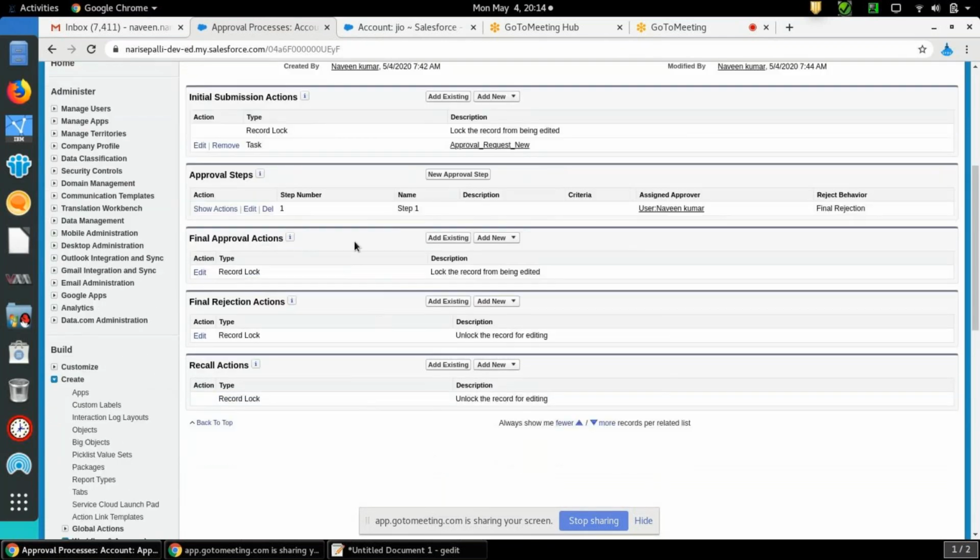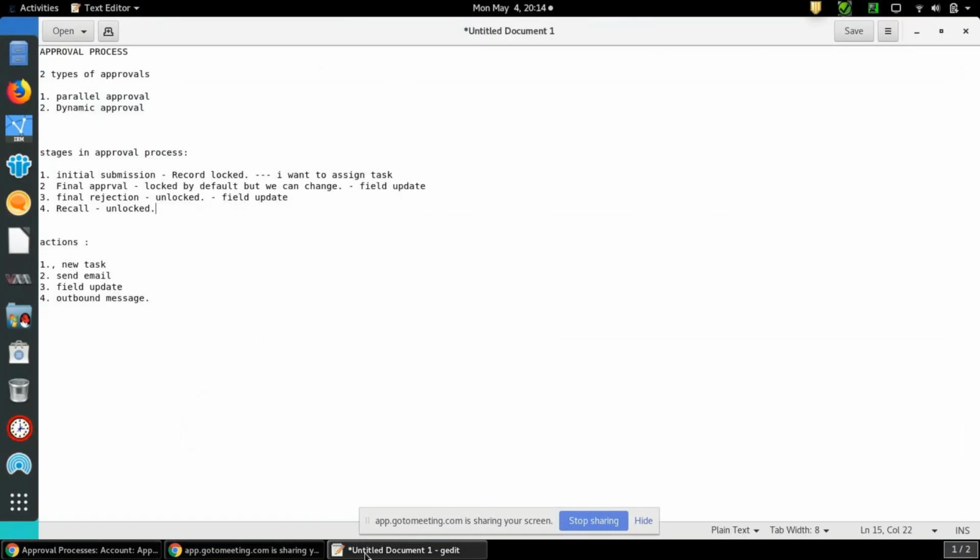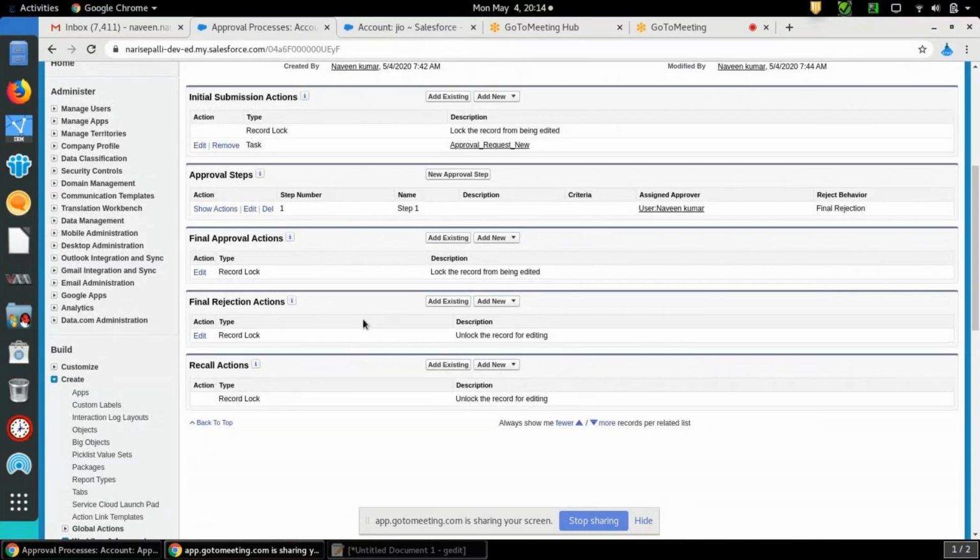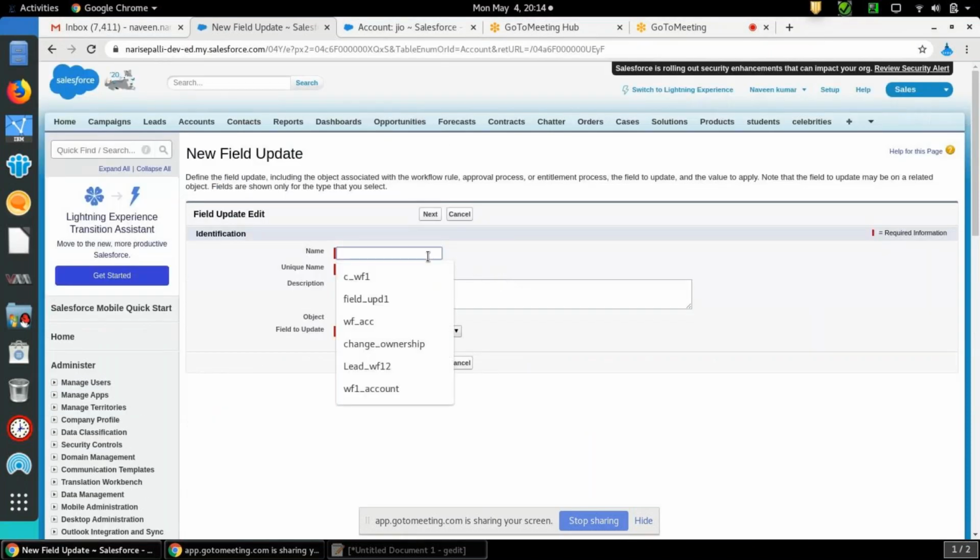Now the final approval action. So what happens when the approver approves? What should happen? What I mentioned: automatically another field has to update. So go and click on add new field update. So which field do I want to update?